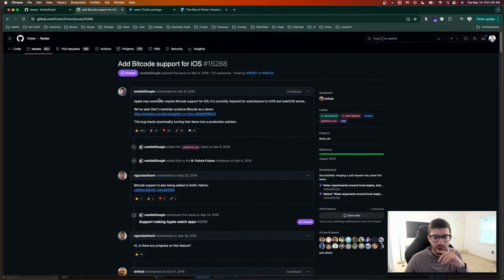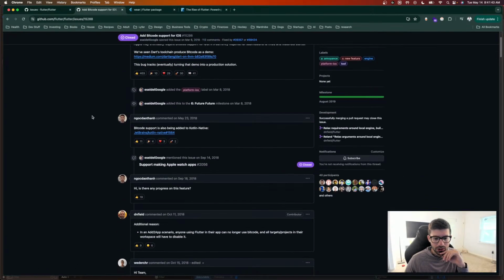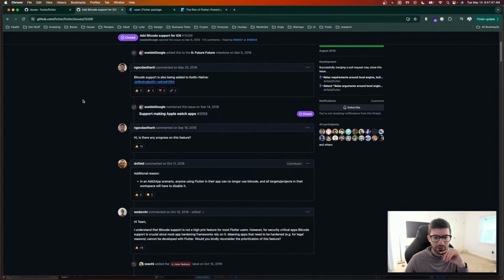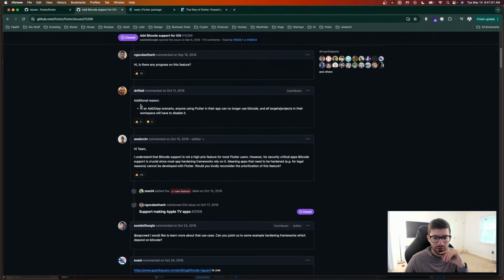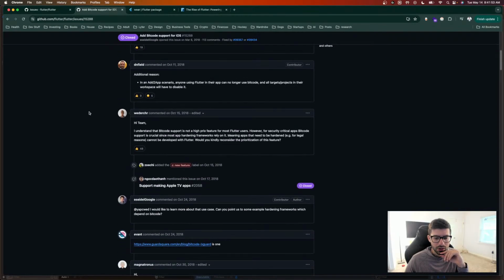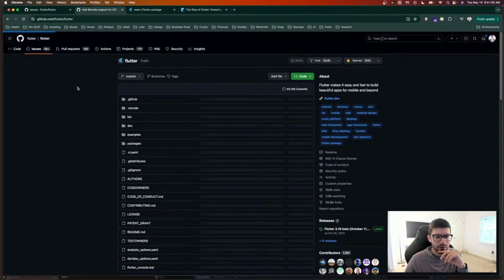Add bitcode support. I think this is what they kind of needed. Apple may eventually require bitcode support for iOS. It's currently required for watch. Bitcode support is also being added to Kotlin native. I don't really know that much about Kotlin. Is there any progress on this feature? There was a, wait, hold on,